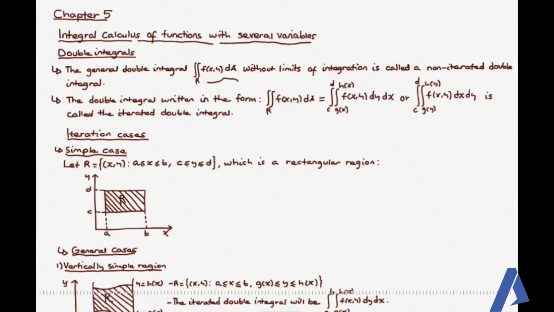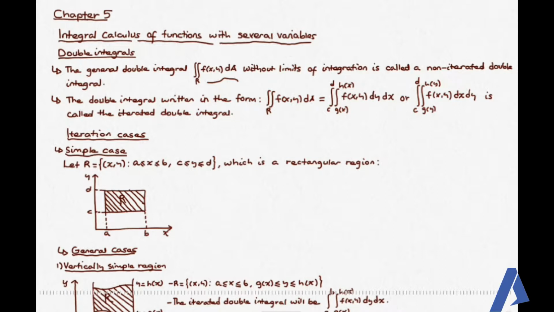በመቀጠል የምናየው አምስተኛው ቻፕተር ይሆናል። It's integral calculus of functions with several variables. ስለዚህ ከዳብል ኢንተግራል እንጀምራለን። ስለዚህ for a given function, then the double integral of that function, if that double integral does not have limits of integration ምን ይባላል? Non iterated double integral ይባላል። ግን ሊሚት ኦፍ ኢንተግሬሽን ካለው with respect to x እና with respect to y iterated double integral ይባላል ማለት ነው። ስለዚህ አይተሬሽን ኬዞች እናያለን። አይተሬሽን ኬዝ ስንል እዚህ ጋር ሊሚትስ ኦፍ ኢንተግሬሽን ማለት ነው።